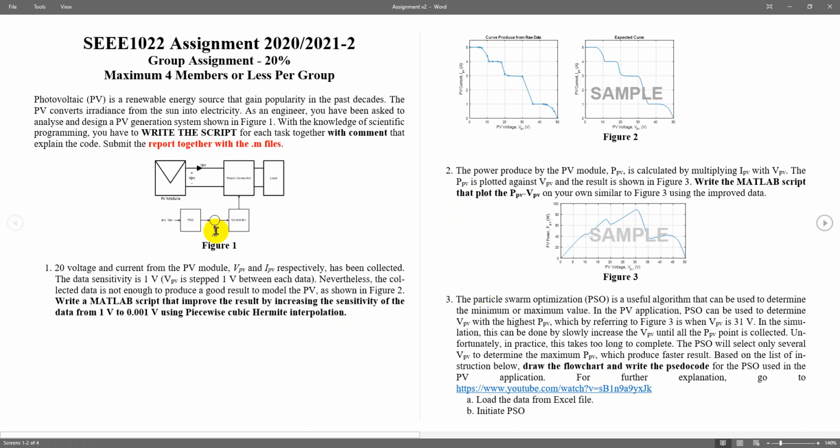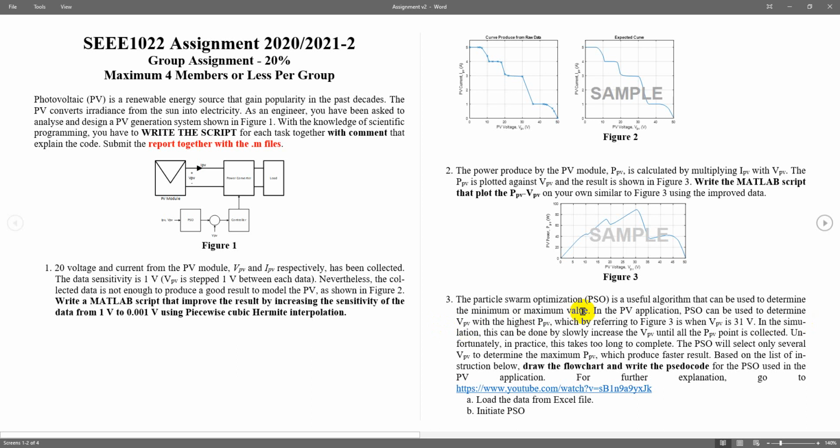If you look here in figure 1, you can see that the PSO is here. So what is PSO? PSO is particle swarm optimization, a useful algorithm that can be used to determine the minimum or maximum value. In the PV application, PSO can be used to determine the VPV with the highest PPV.